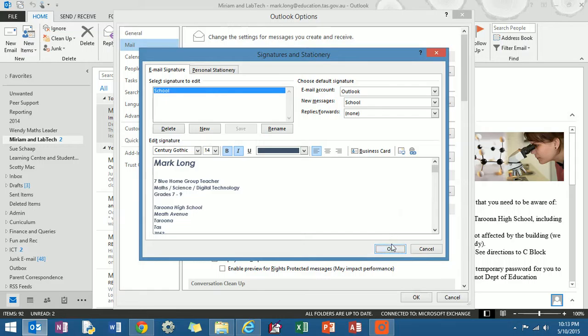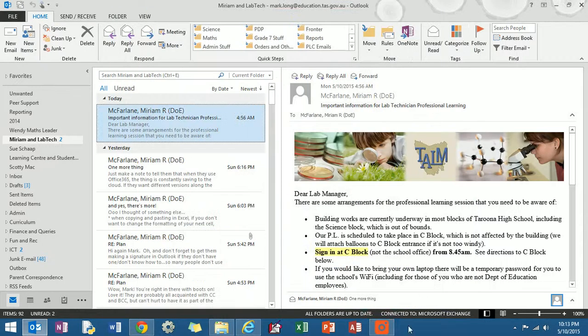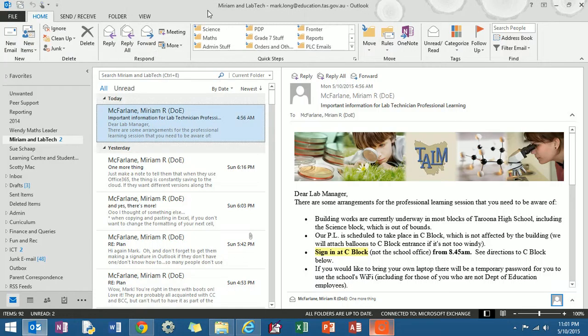So it's pretty simple, easy to do, and something which provides you a little bit more credibility with your emails. So now that we've done that, we're also looking at how to develop some email groups. So let's do that. When we're trying to send an email to a large group of people, it's quite useful to actually have a contact group. There are a few ways of getting there, but this is the way which I generally find the easiest,